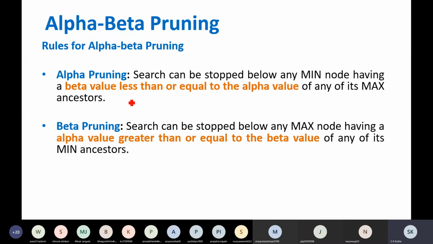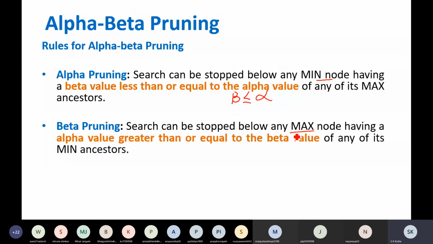Alpha pruning means search can be stopped below any min node. So alpha pruning is done below the min node having beta value less than or equal to alpha value. Similarly, for beta pruning, search can be stopped below any max node.